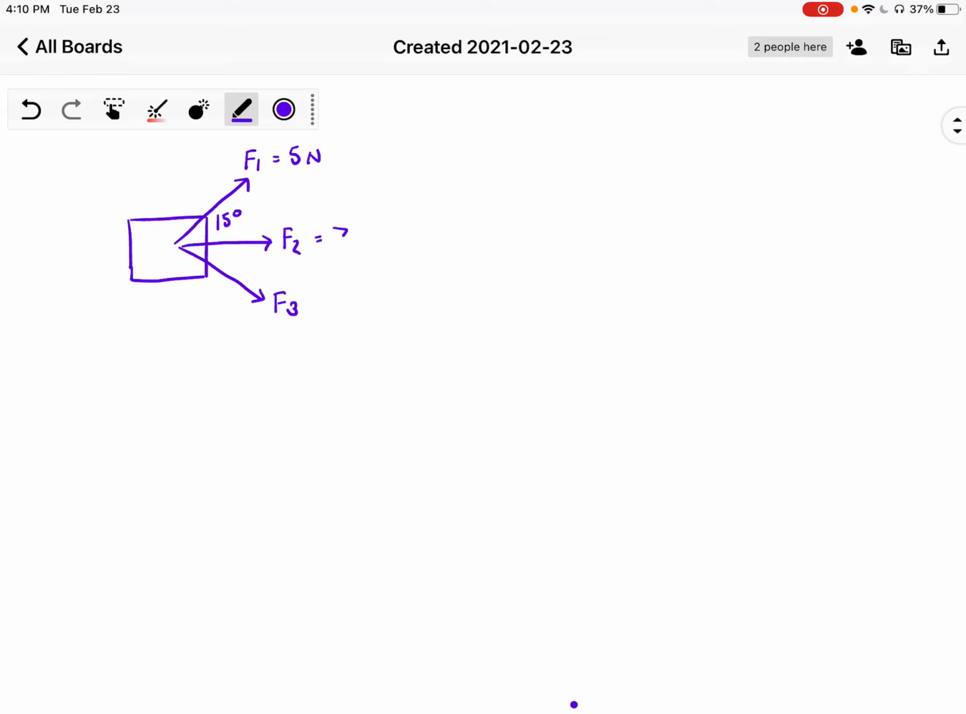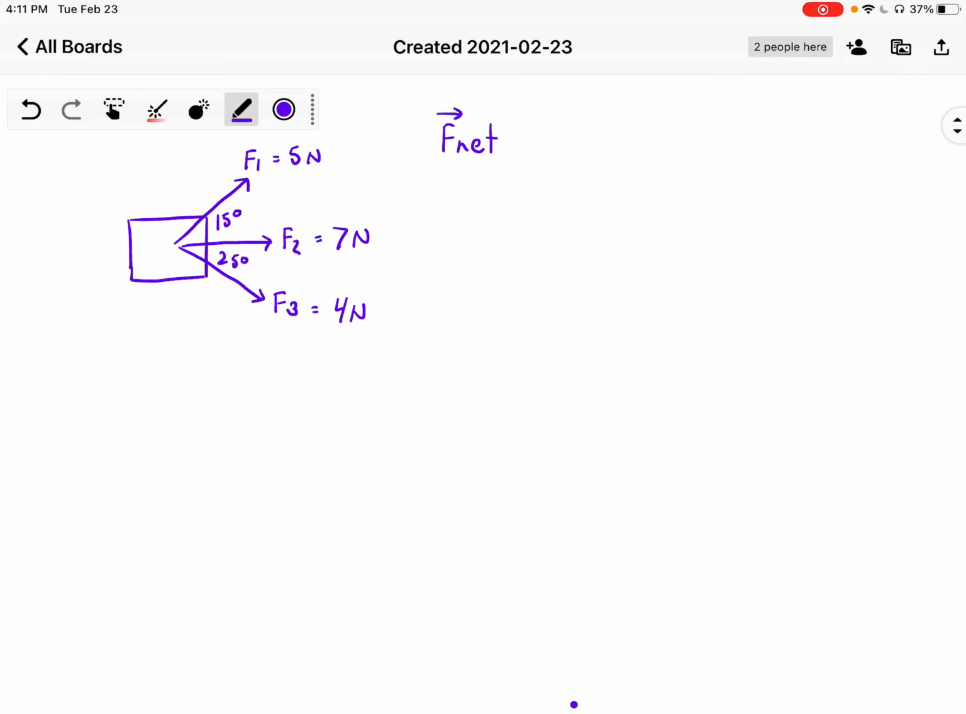F2, let's call that 7 newtons. And that one we can see from the picture that I've drawn is just directly to the east, or directly right. And F3, I'm going to call 4 newtons, and I'm going to have that as an angle of 25 degrees below the horizontal. Below the horizontal means, in this case, it looks like south of east. And then the net force